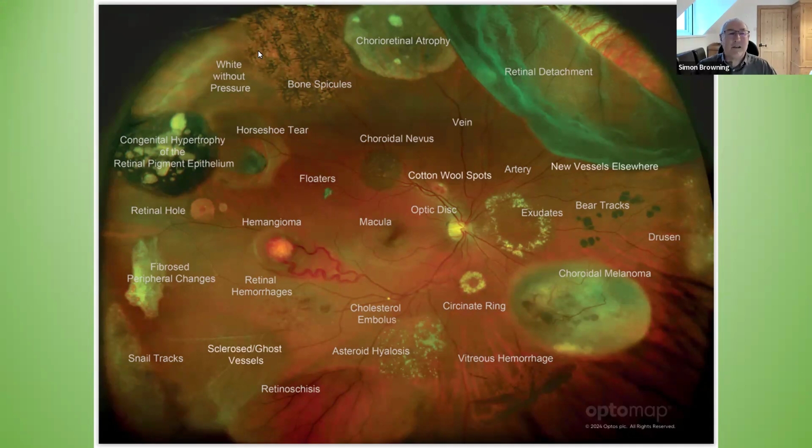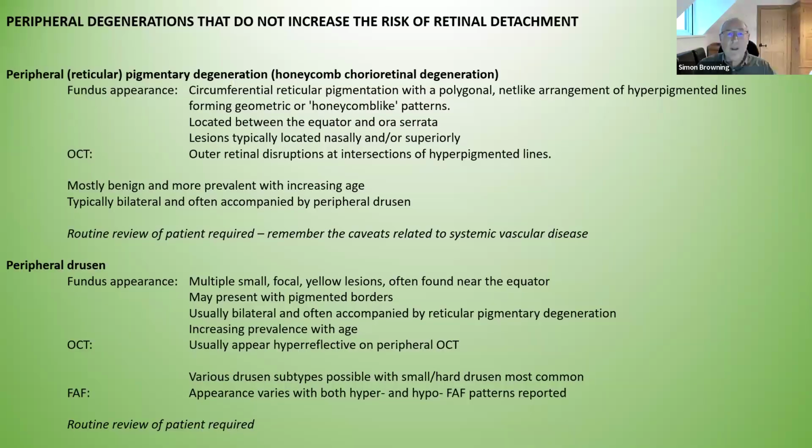Look at some of the things with white without pressure, lattice degeneration, retinoschisis in passing as well. So, kind of nice little image there. So let's look at some peripheral retinal degenerations that don't increase the risk of retinal detachment. So we have discussed in the past PRPD or honeycomb chorioretinal degeneration,